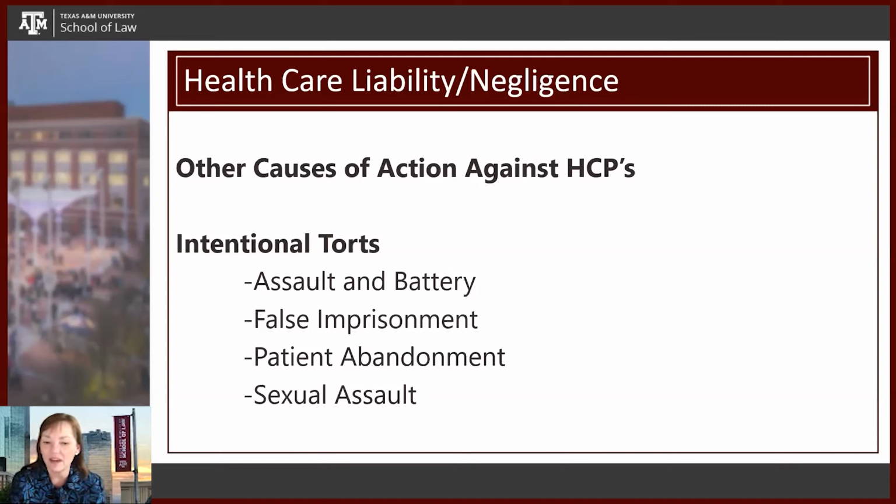Now, if there's an entity and it's properly screened its employees, or the physicians that might be on the medical staff, they've done criminal background screenings and so forth, and clearly there's policies on how patient care would be done, then most of these intentional torts may not be, again, as long as they had good policies in place and that they monitored their employees and the different providers working in the hospital, then the intention of a bad actor may not be able to hold up against the entity, but it would be against the provider or the person that actually performed the intentional tort.